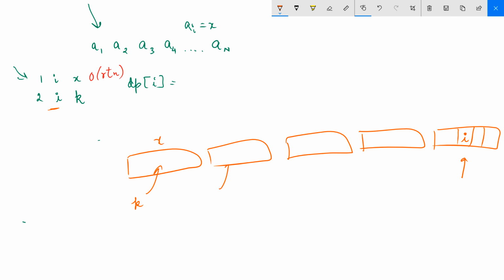Then we will query in this bucket the number of elements that are equal to x XOR k. Because the number of elements with this value in this bucket can basically give us the combined prefix of again k, right? So let me explain again.